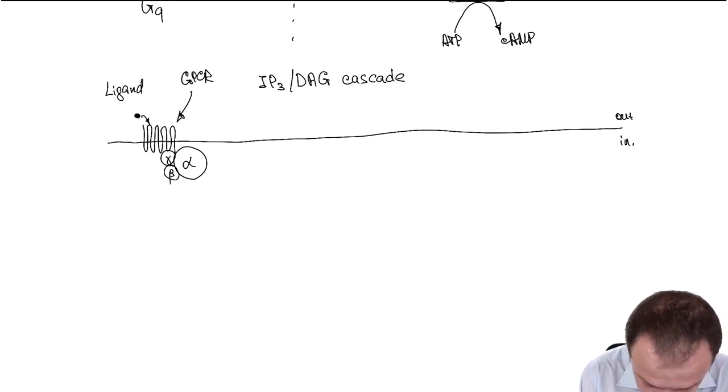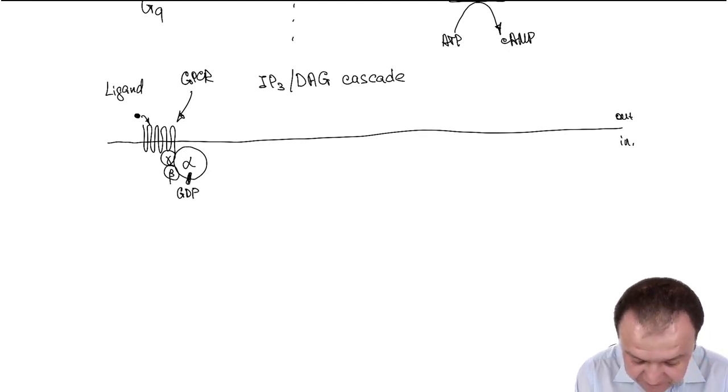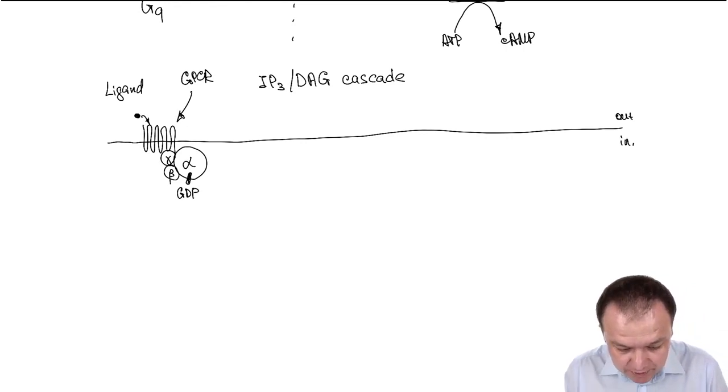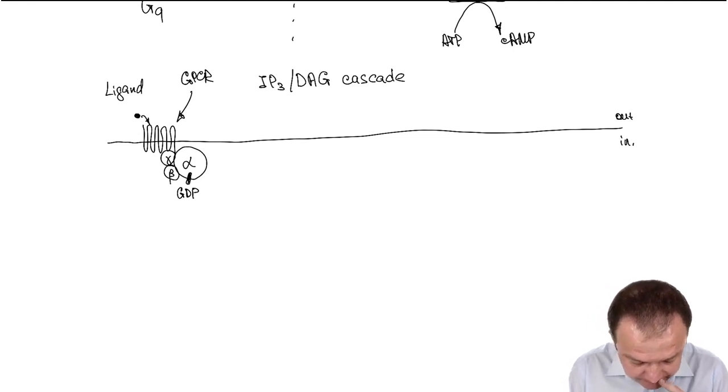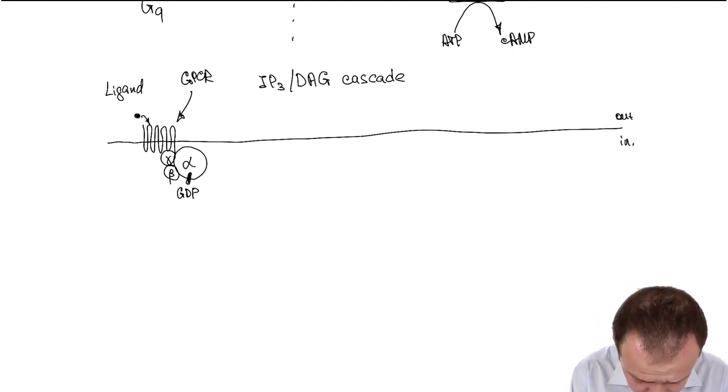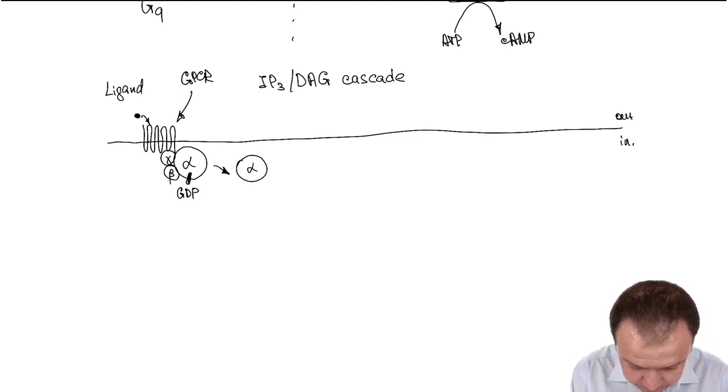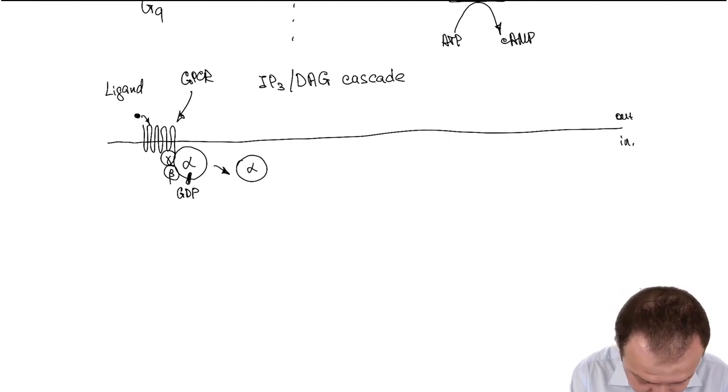The alpha domain is also bound with GDP, guanosine diphosphate, and as we have binding of a ligand, it causes conformational changes, and it causes detachment of the alpha G protein and substitution of GDP